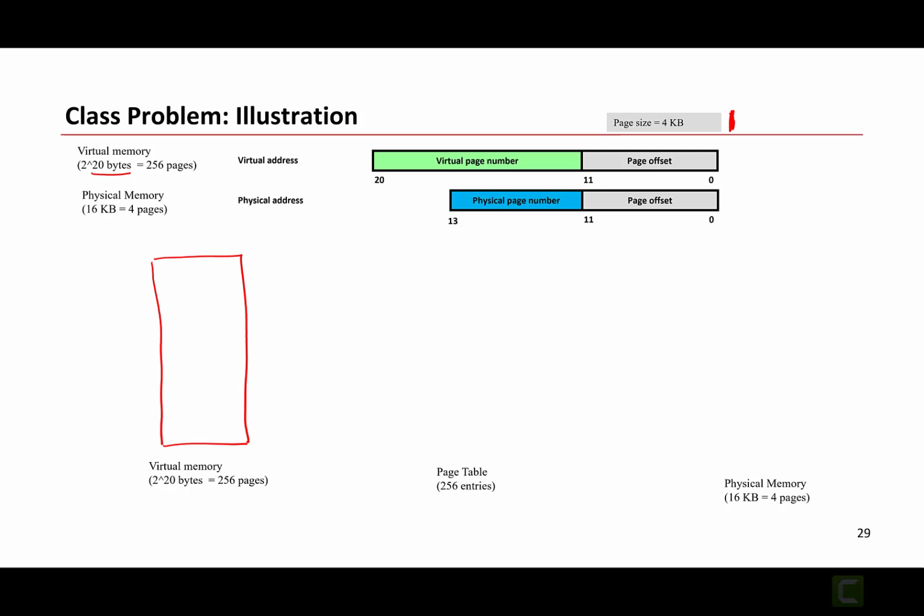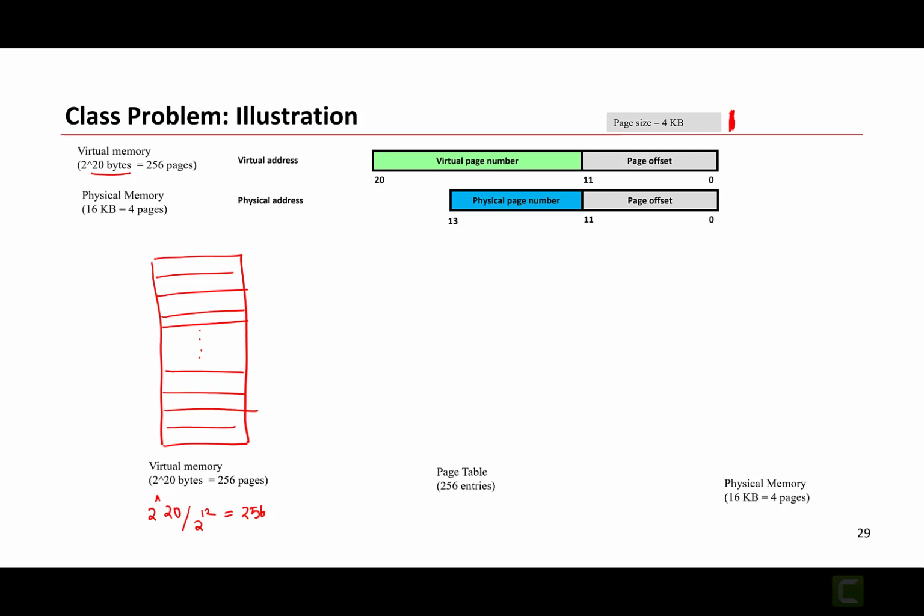So if each page is of size 4 kilobytes, and your total memory size is 2 to the power of 20, to compute the number of pages in the virtual memory, you divide the total virtual memory size by the page size, and then you get the number of pages. So I have 256 pages in my